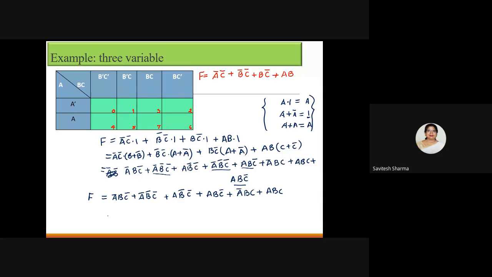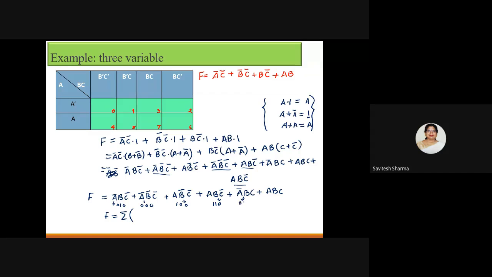So finally, this is my canonical form. Now I want to write it in minterms. What will you do for minterms? You will see each variable and write the decimal equivalent. For this term, what will be the binary equivalent? It is 0, 1, 0. I will write in sequence, so first I write for each: 0, 0, 0. If a variable is complemented, I assume 0. If the variable is true, then I write 1.